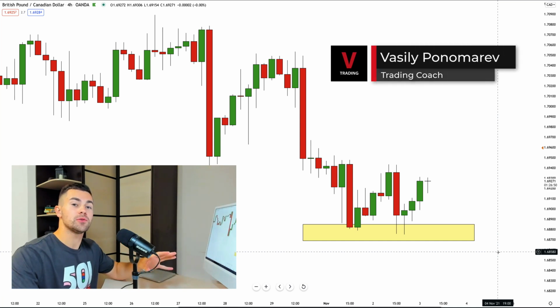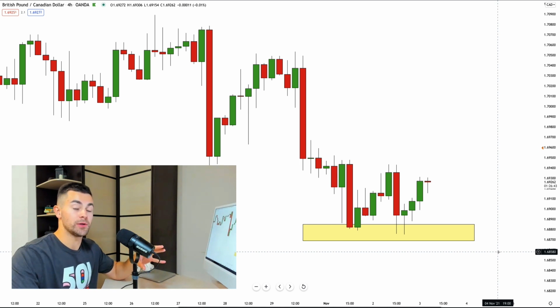Hey traders, analyzing the charts this morning, I noticed a very peculiar pattern on the pound cat pair. Here I see the inside bar formation, and in this video we'll discuss this pattern. I will teach you how to identify this pattern, how to read it properly, and how to apply that trading